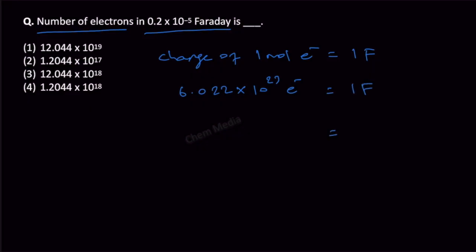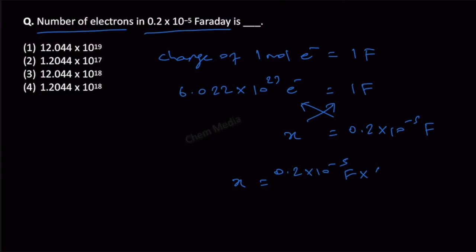Now here they are asking 0.2 times 10 to the power minus 5 Faraday, how many electrons will be there? So therefore we just need to cross multiply. So therefore x is equal to 0.2 times 10 to the power minus 5